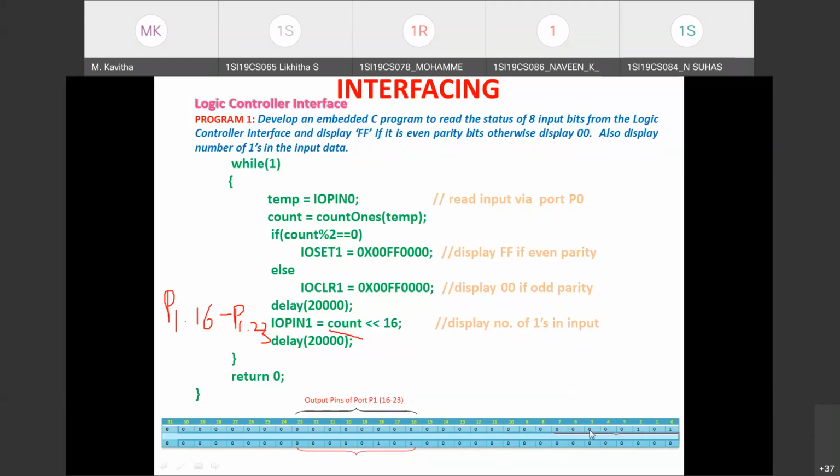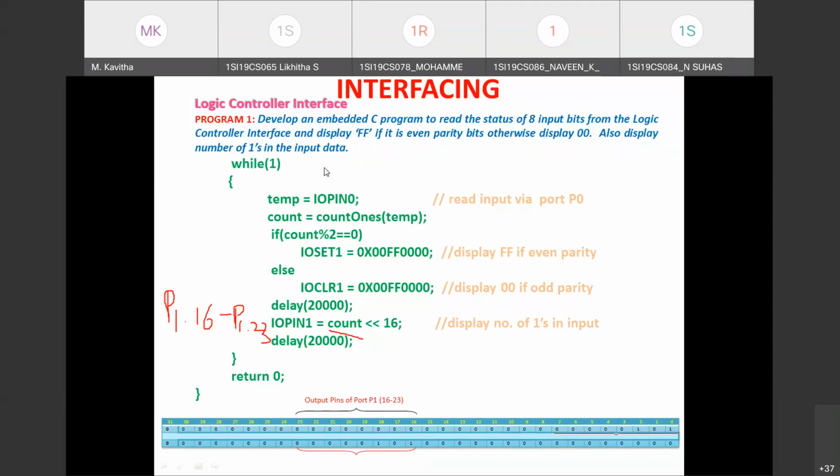So this data I want to make appear at these bit positions 16 to 23. So if you left shift this data 16 times, then you'll see 00000101 at P1.23 to P1.16. So this data we are writing to IO pin 1 register, so that the same status is reflected in the output LEDs.